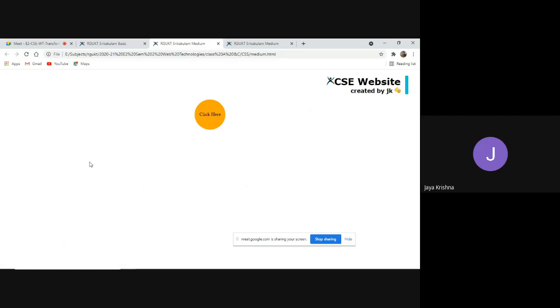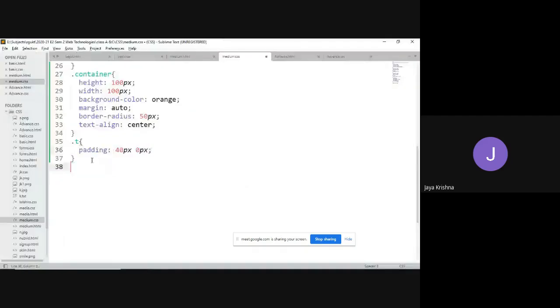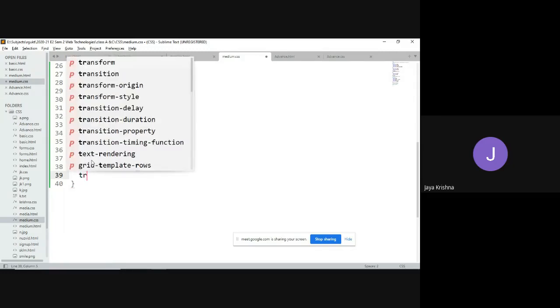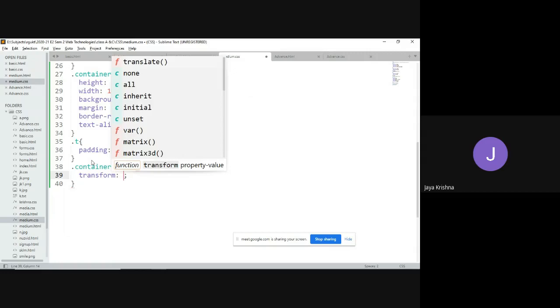Now, whenever I place the cursor over here, I would like to make it a kind of rotation. For that, I can go for dot container and place hover. If I would like to make some kind of change, then I will go for the transform property.